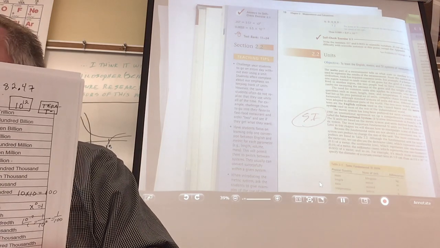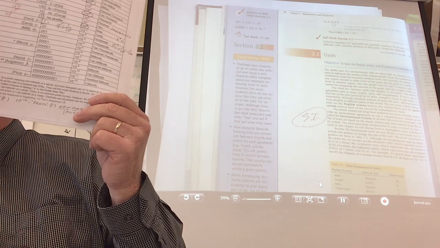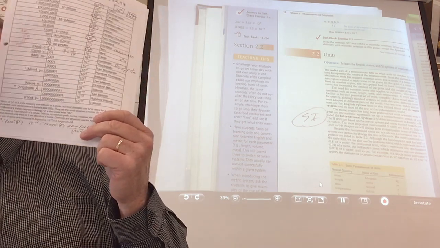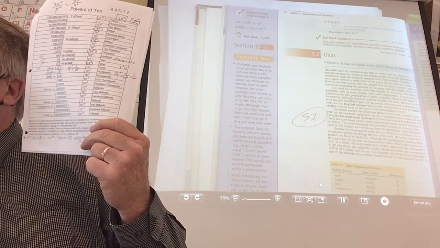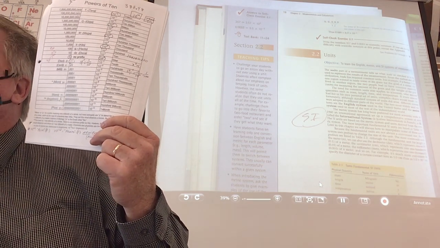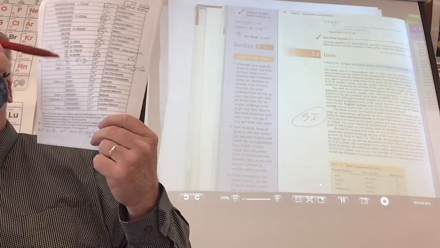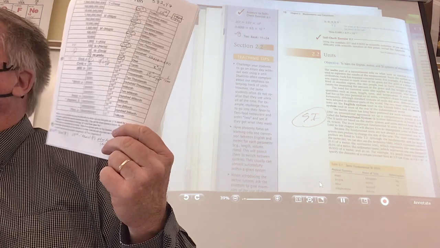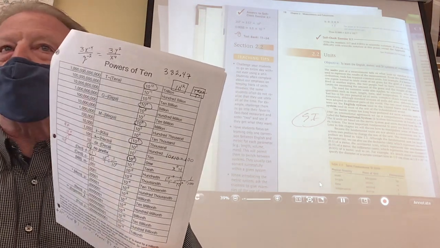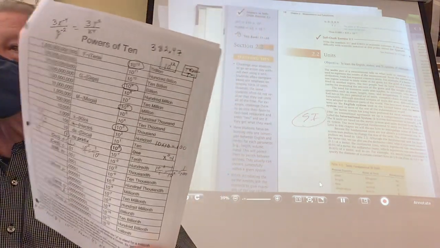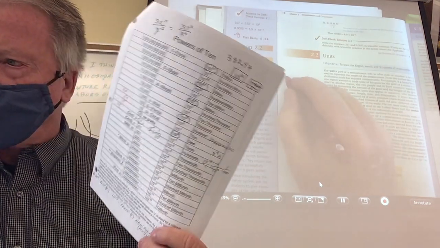Okay. Here we go. Now, I put more emphasis on this chart than the book does because if you can learn this chart, then the stuff that we did with metric to metric conversion makes a lot of sense. And then you did scientific notation, and that makes a lot of sense. And that's really what I like when I teach science. When I want to have a science student be better than a lot of other science students, I think this works. Like, for example, if I were to write this,